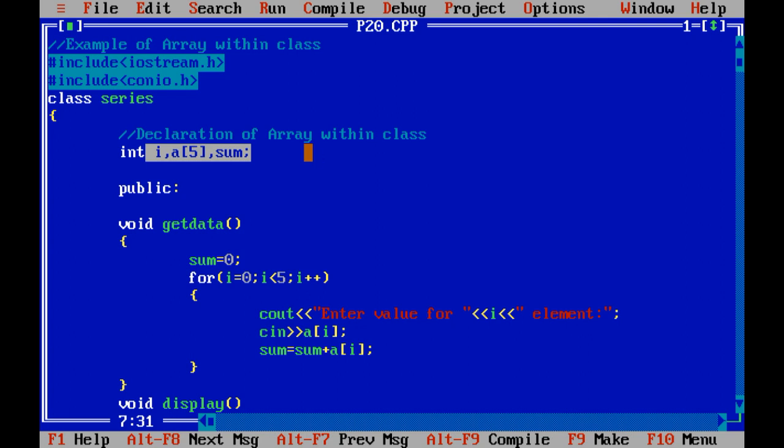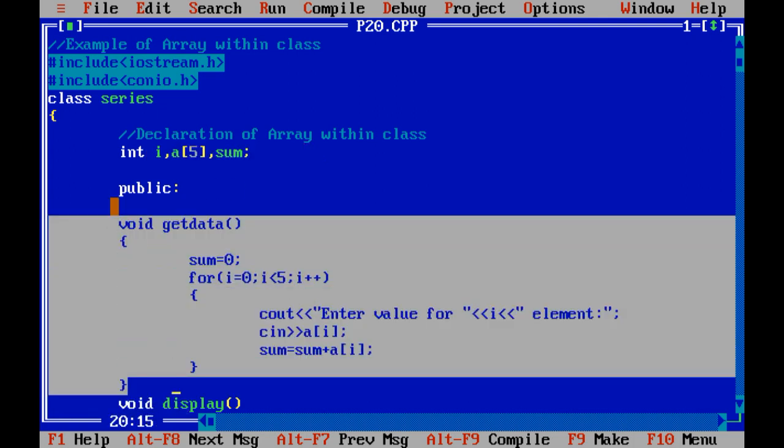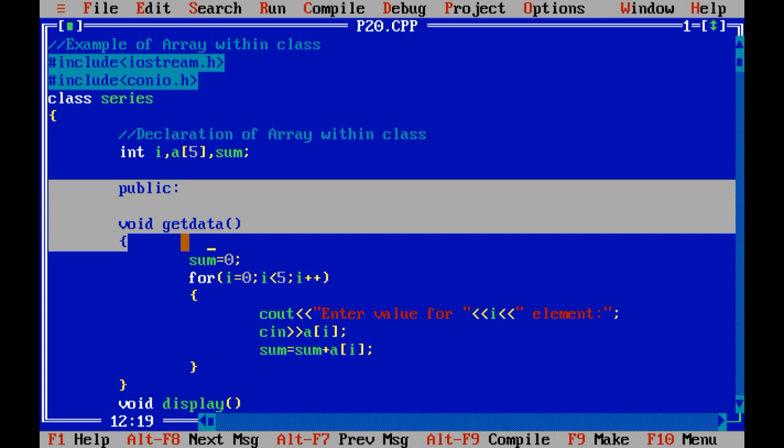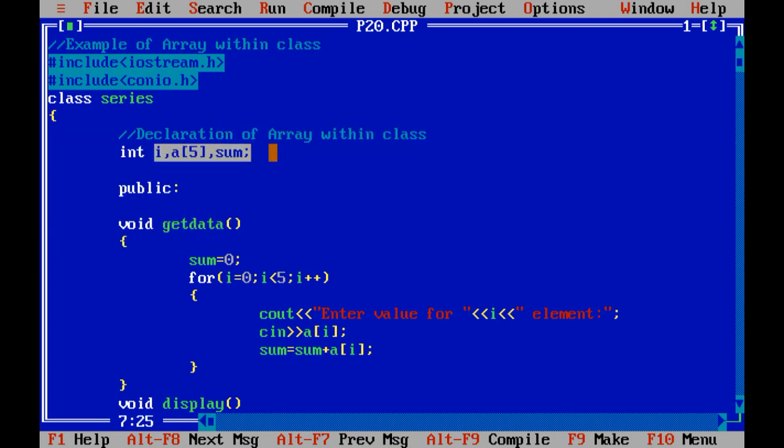So with the help of a public function of that class, I can access or use these variables. But remember one thing, I cannot use them outside the class. Definitely get data and display functions can be accessed outside the class because we have made them public.